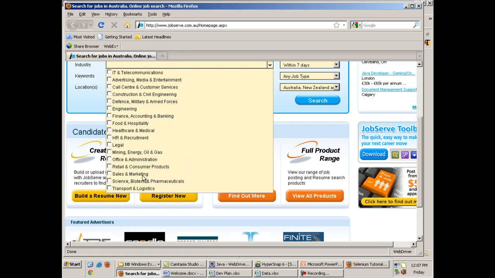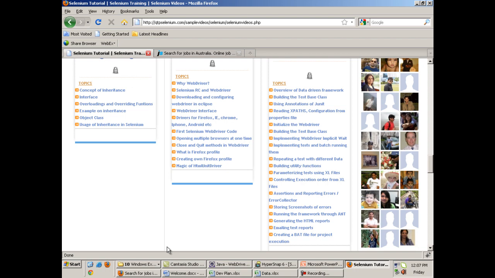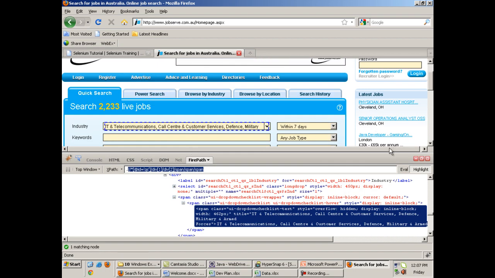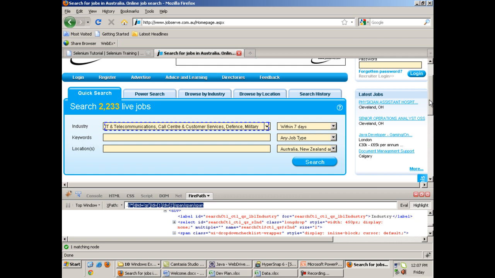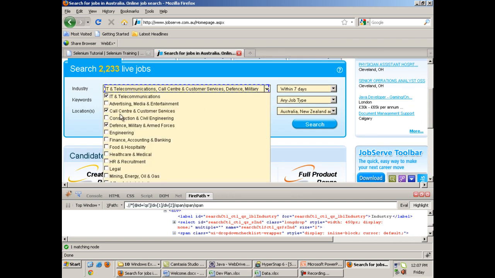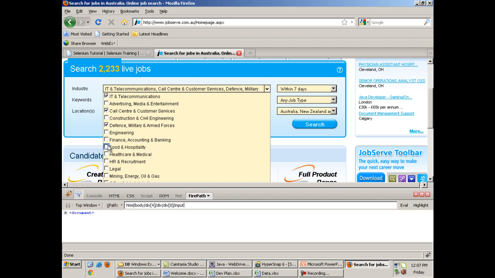Now in this drop list, this is not a normal drop list, first of all. This is something which has been made either with ASP or with the help of CSS. So this is not a normal one. Each and every checkbox out here would be having a particular XPath. You see this? Each and every checkbox is having a particular XPath, that is 9, 10. The XPath is increasing. You see, there's a pattern.